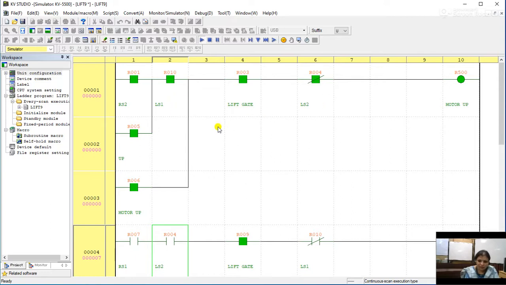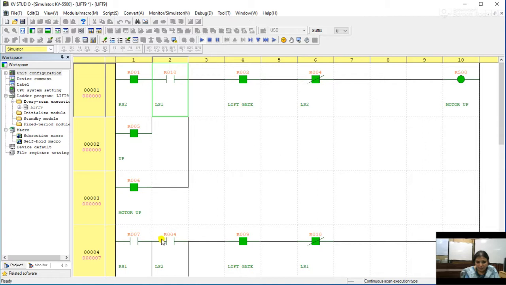Similar condition we will find here. If this is off, this will be on, which will ensure that the lift has reached the top or the second floor, then it is a clear indication that it has left the ground floor.